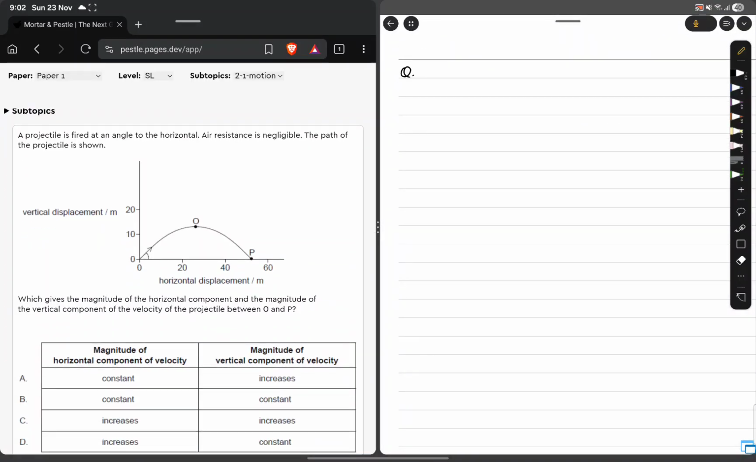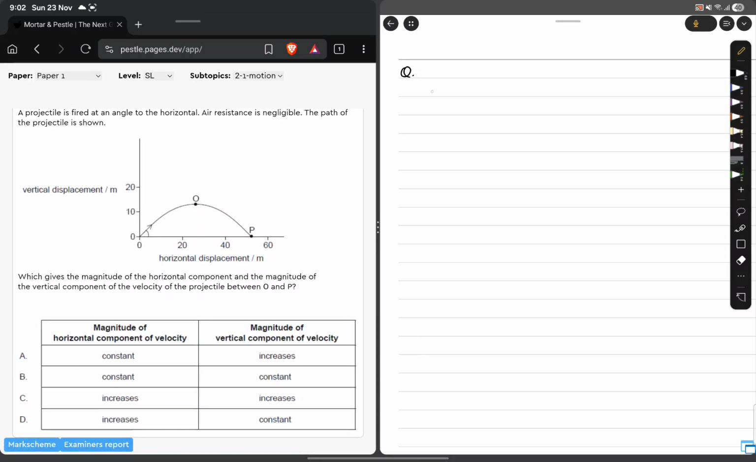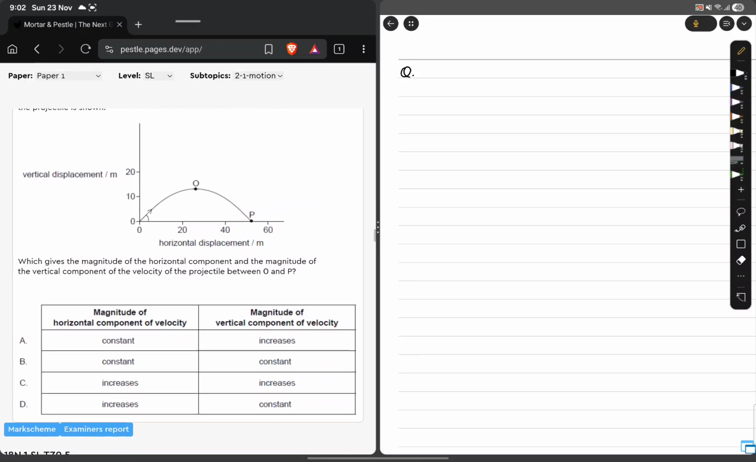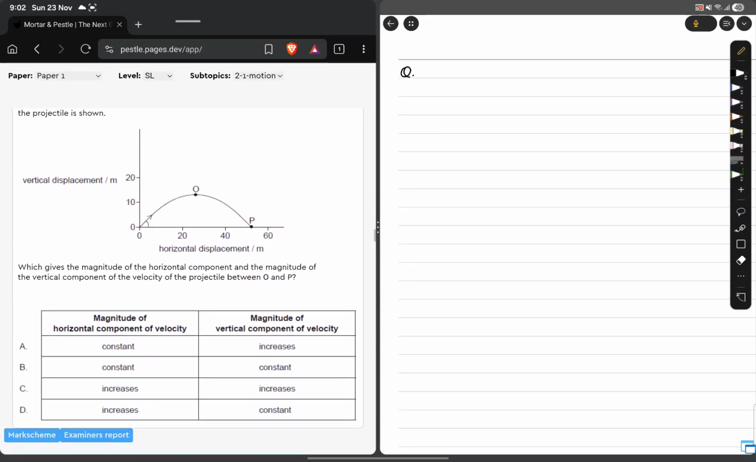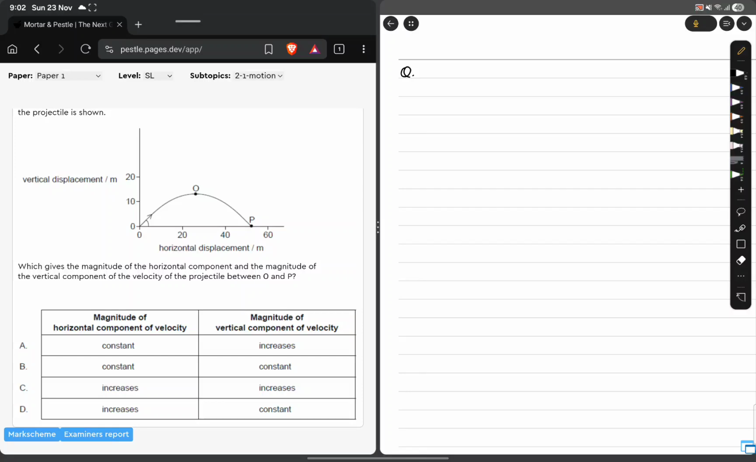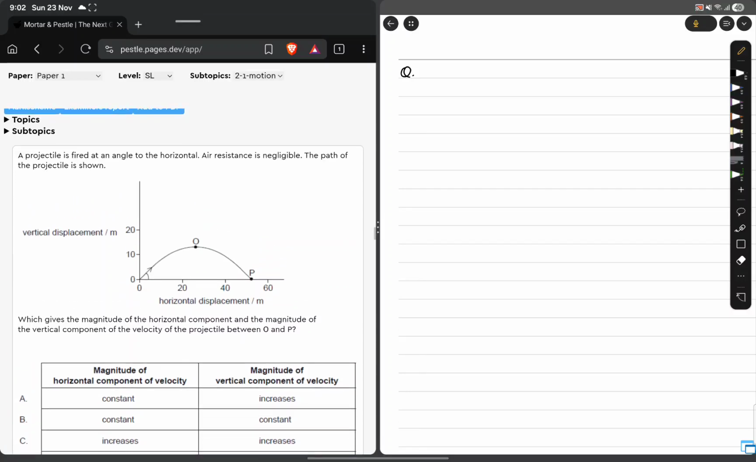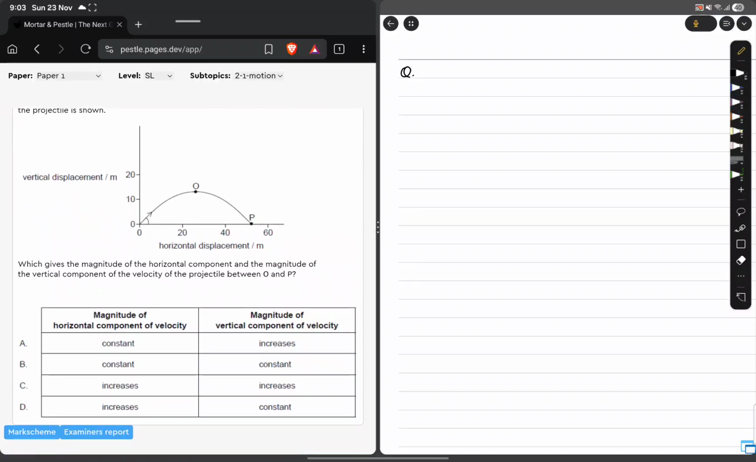The projectile is fired at an angle to the horizontal, the air resistance is negligible, and the path of the projectile is shown. What you're going to find is the magnitude of the horizontal component and the magnitude of the vertical component of the velocity at point P. This is very simple. The horizontal component will always be constant with no air resistance, and the magnitude of the vertical component between O and P is going to